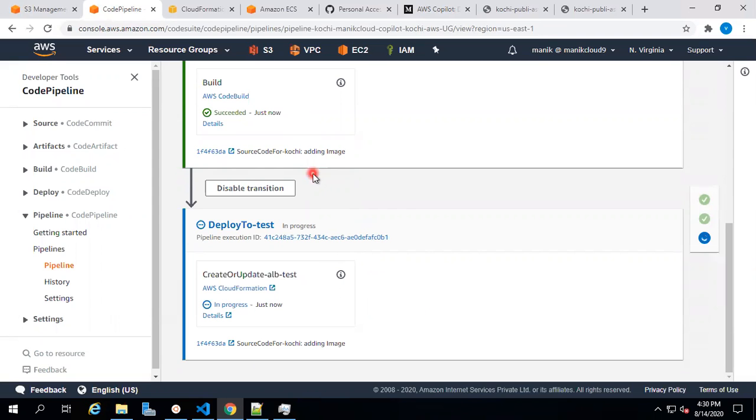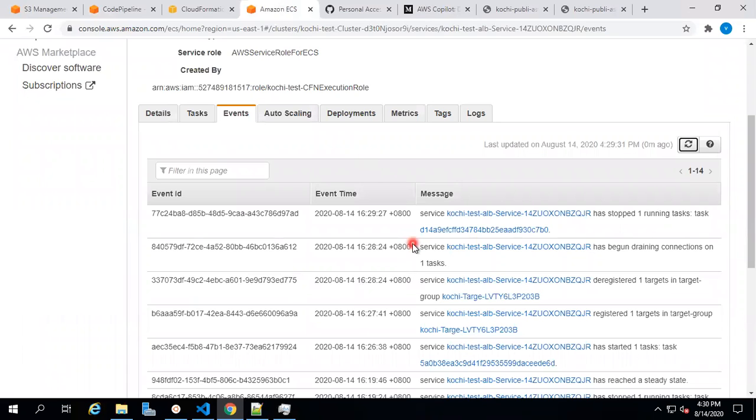So let's check out the cluster here. This time it has been started at 4:26:38 and ended at 4:29:27. Again, this is 3 minutes 2 seconds or 3 minutes 1 second kind of thing, right? So